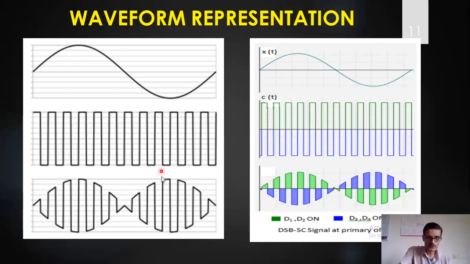Now just look at this. If this is positive, during the same instant of time, I have a negative voltage. If this is negative, I have a positive voltage. So if I consider a negative voltage multiplied with a positive voltage, the output will be negative, right? That means it's a simple multiplication that is happening here. So the multiplier always produces a double sideband suppressed carrier signal. Now this is another representation of the waveform where during the positive half cycle, as I explained earlier, diodes D1 and D2 will conduct, and during the negative half cycle, diodes D3 and D4 will act like an on switch, or short circuited.